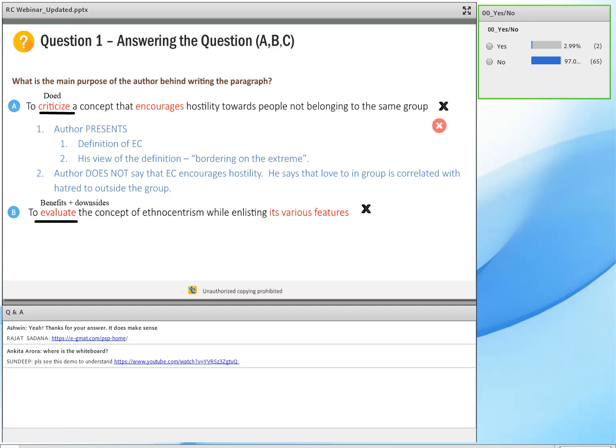Nana Patnik says, but first of all, Nana Patnik, my name is Rajat. So he says, bordering on an extreme, one definition. So let me bring in the notes over here. He says one bordering on an extreme, one definition. So the extreme part is for the definition, not ethnocentrism. Nana Patnik, does that tell you? He's not criticizing EC. He's criticizing that definition. And that's where the master comprehension course is really important. But great question.